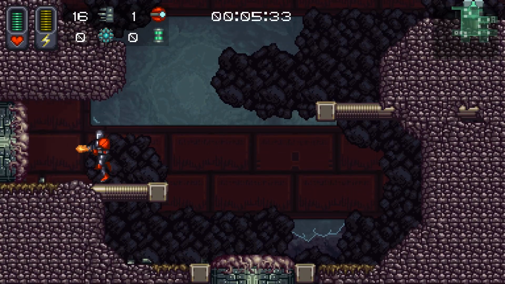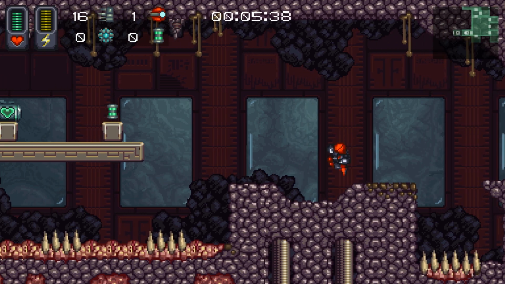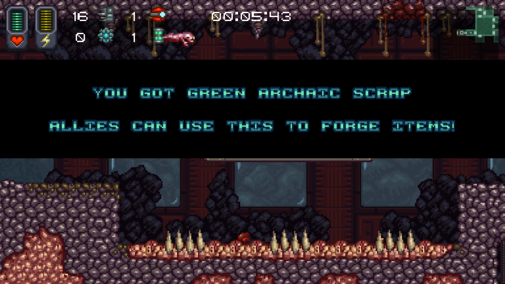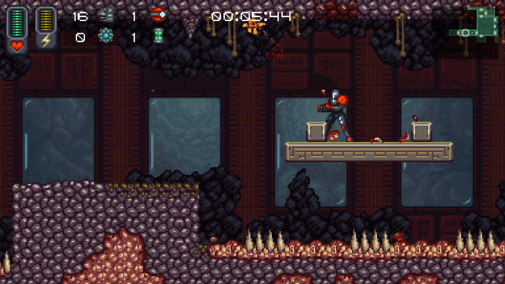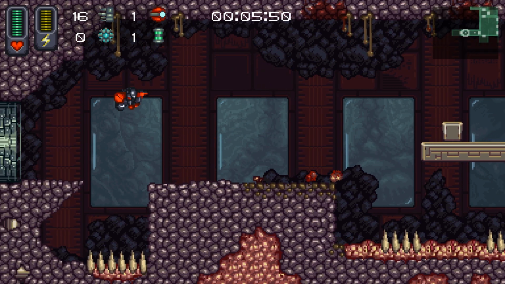That's cool. Alright, so let's go over, because those side paths are, well, a lost cause. Okay, so where do we think? Well, okay, got a green archaic scrap and a health tank just right there. Huh. I wonder if this is one of those roguelikes that actually, so I don't know how many of you